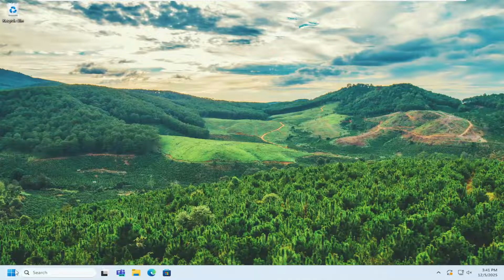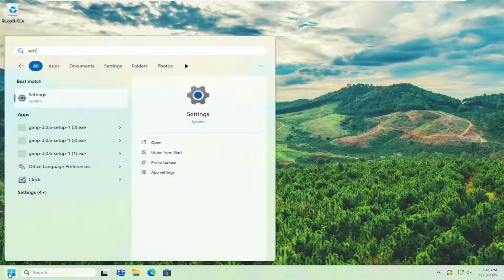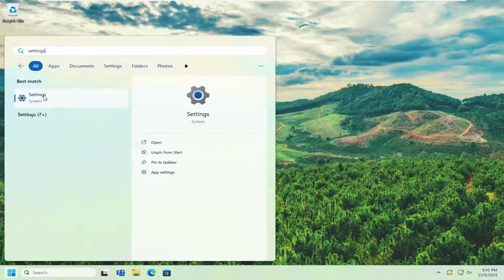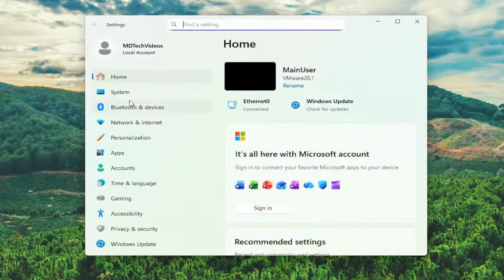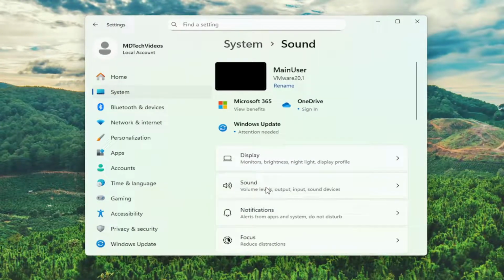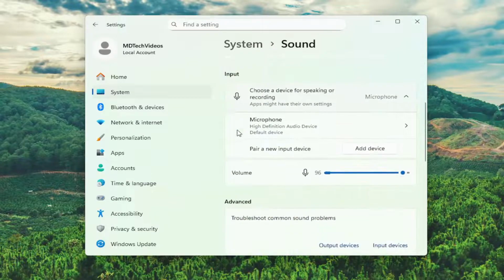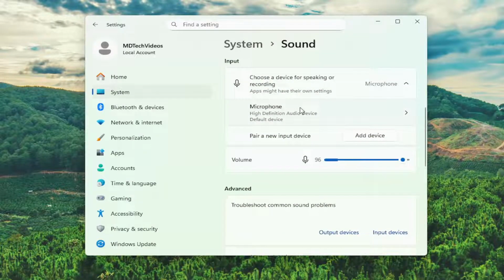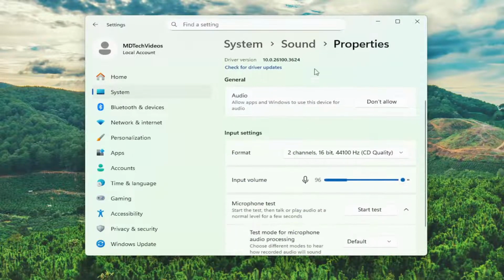So first thing I recommend doing is to open up the search menu and type in settings. Best result should come back with settings here. Go ahead and open that up. Select system on the left panel, and then on the right side, select sound. Scrolling down underneath input, select the microphone device you're having the problem with, and then make sure this information is